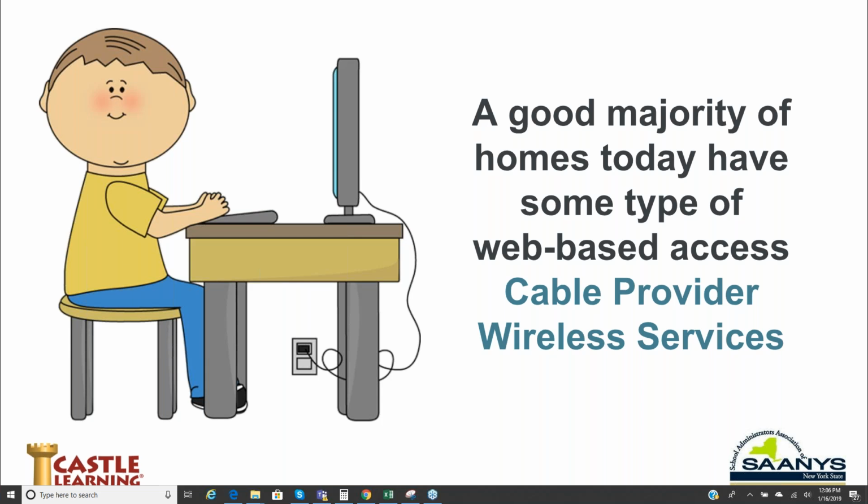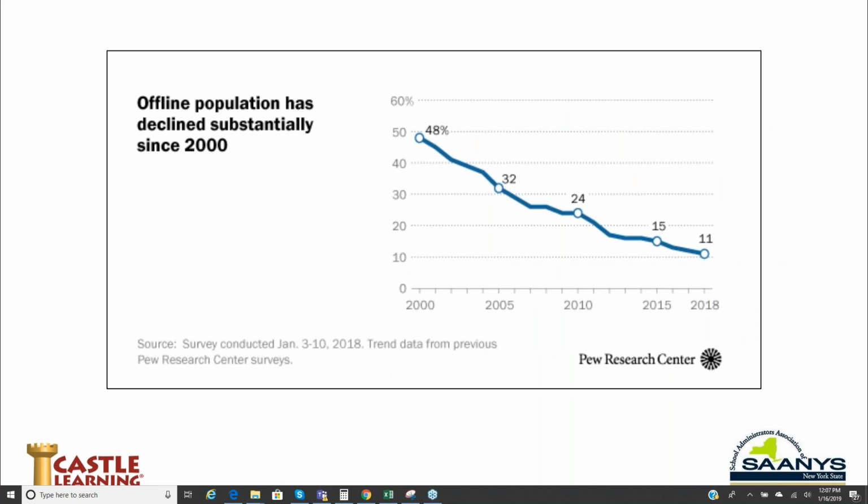We're seeing the number of households that don't have internet access constantly being reduced. And I was curious when I saw these numbers recently that approaching 90% of the population today has some type of internet access. Now, again, where is that? From their phone to some type of device in the house. That didn't get broken down in this chart, but they do have access and are using it. So it is changing all the time, which is a good thing for, I think, the school and what we're talking about today in that home instruction side.